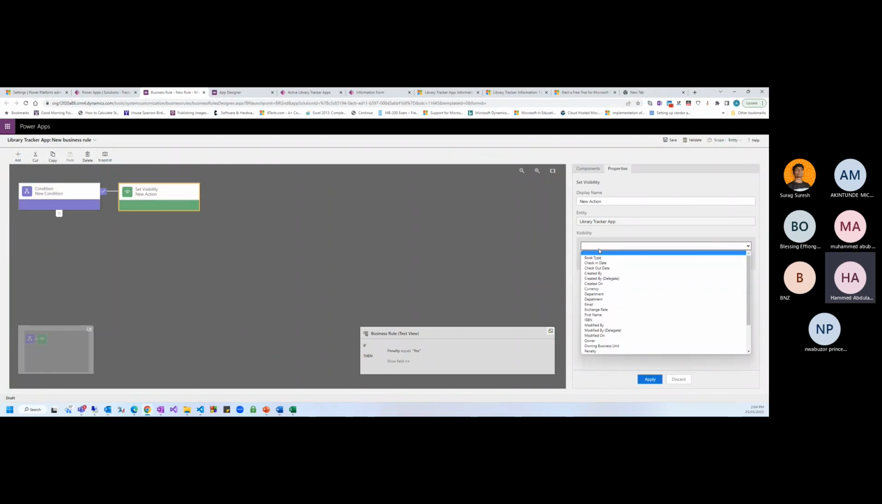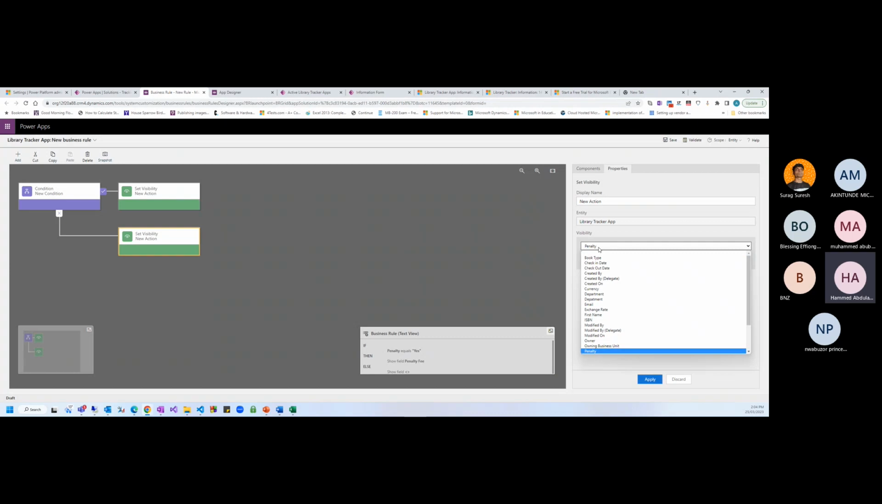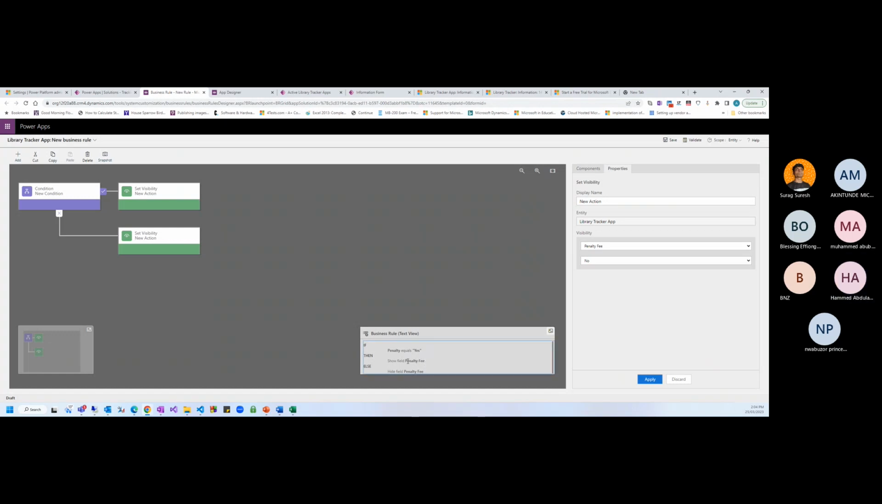And then say penalty fee should display. Then it shows display. Otherwise, we can add visibility: otherwise, penalty fee should not display. So as you can see, this is being achieved without writing a script. When the penalty field is equal to yes, the penalty fee field should show, otherwise it should